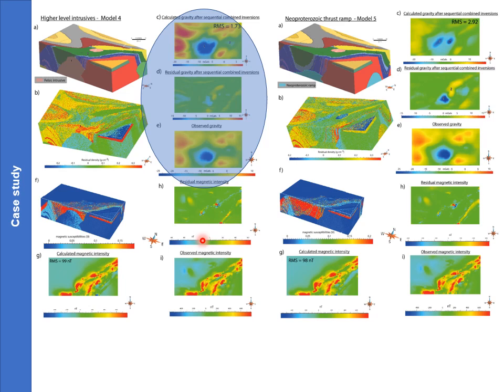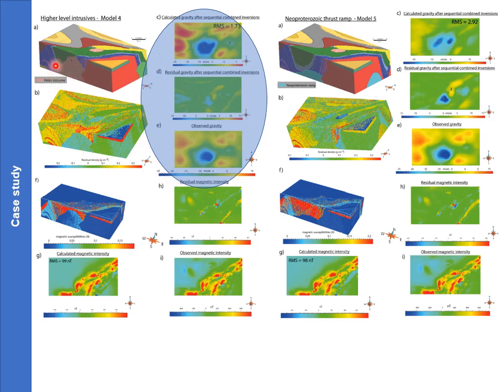I guess the point of this slide is to demonstrate that if you can't get a fit by your geological knowledge, sometimes you have to assess, is the knowledge that you've applied to it actually valid, or are there alternative solutions to the problem? I should also point out that Robin not only did one model, but he did multiple models testing the hypothesis about how to best match the gravity response.